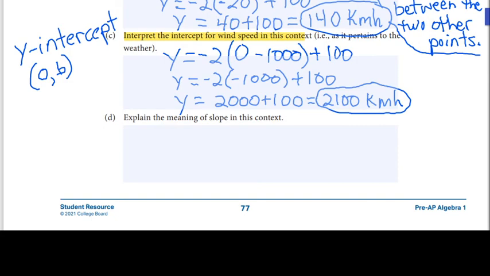So we're going to say for every increase of 1 millibar of barometric pressure,